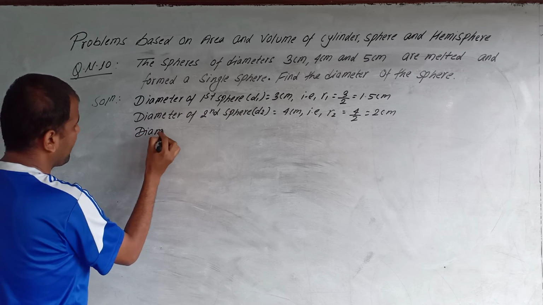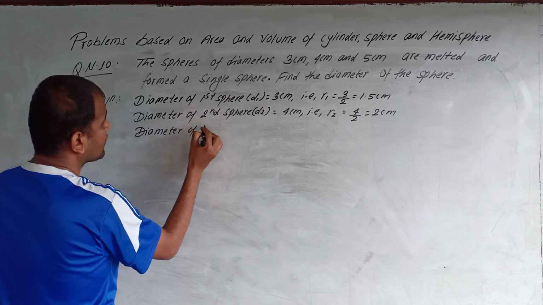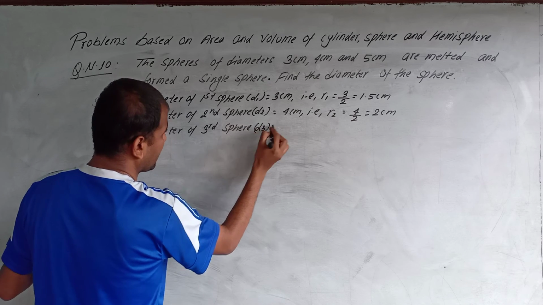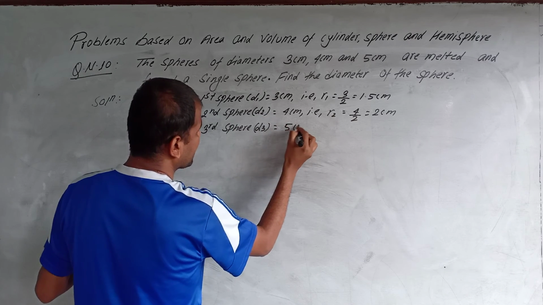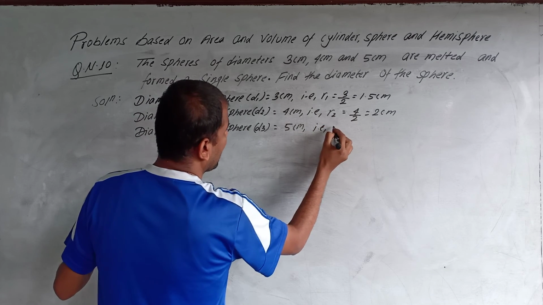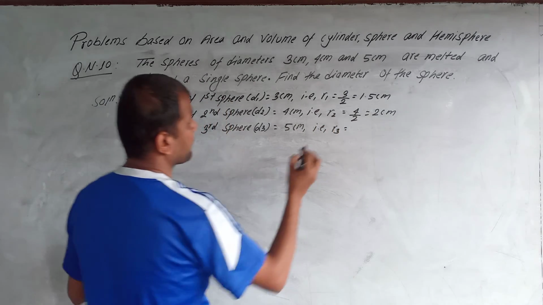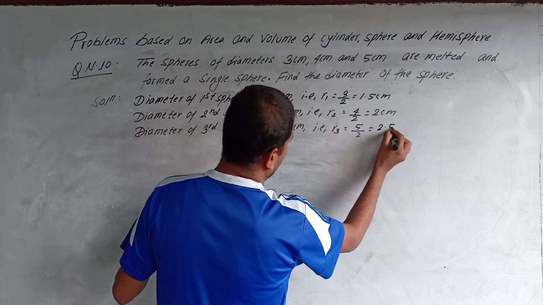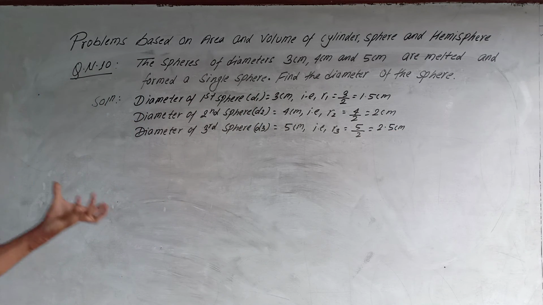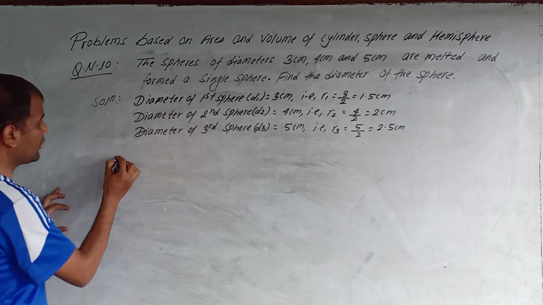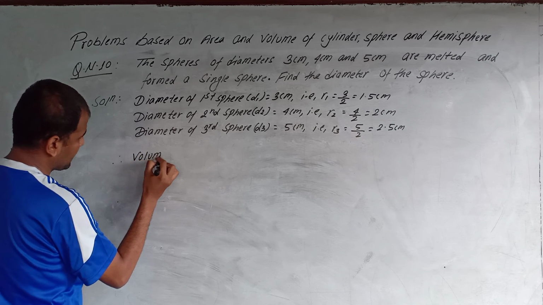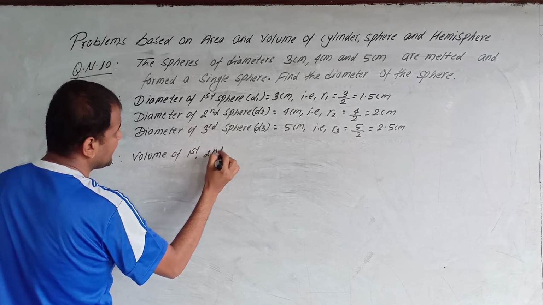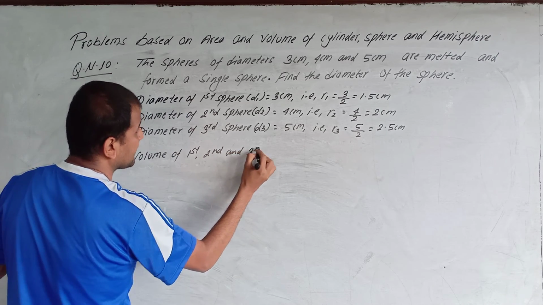Similarly, diameter of third sphere D3 is equal to 5 centimeter, that is R3 is equal to 5 by 2 is equal to 2.5 centimeter. First, we calculate the volume of all 3 spheres. Therefore, volume of first, second and third spheres